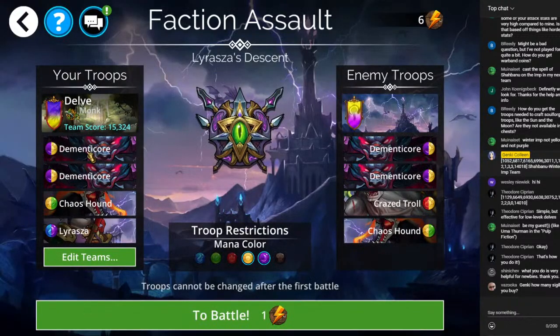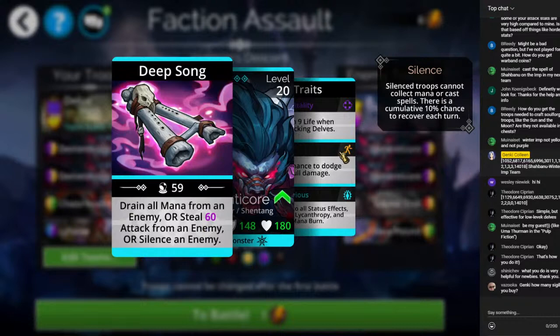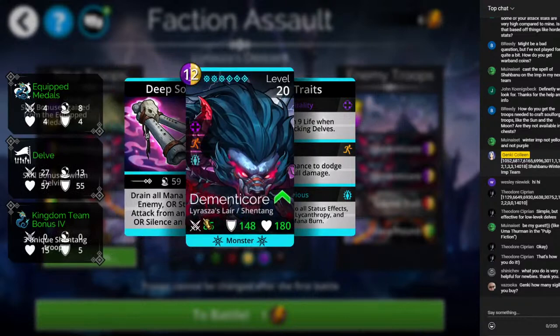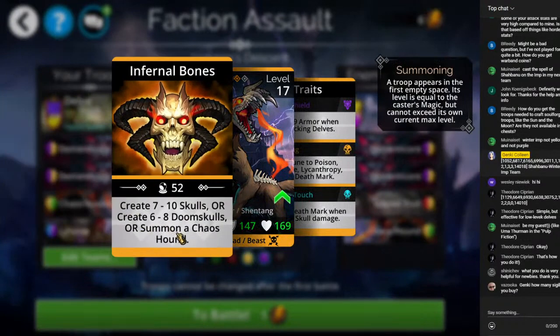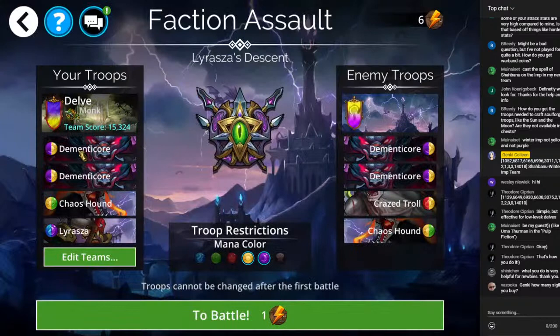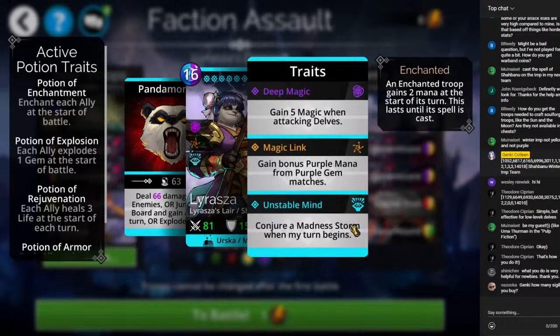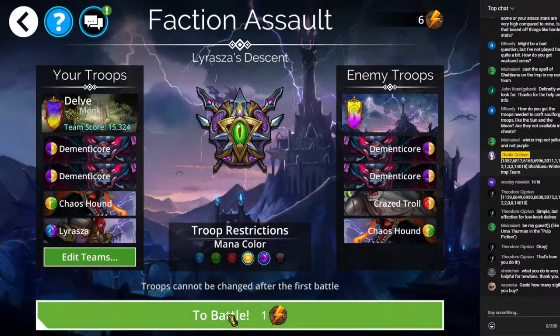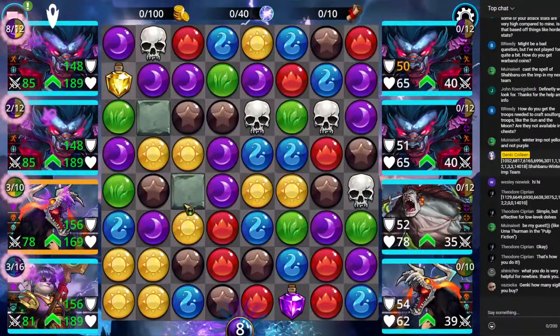Alright, so what I have here, I got this from Tacit, and basically what we want to do is hopefully steal attack from the first enemy so they can't hurt us with skulls, and plus we're going to be increasing our own attack and hopefully wiping them out. The Chaos Hound is not here to cast. It's basically here just in case we lose one of our troops. We can have four troops when we end, so we can hopefully summon and have four troops back in the lineup. And then, of course, Lyrasza, who's going to do one of three things. She also has that Madness Storm, so we're going to have purple and blue coming down, and the bonus purple mana, which is nice. But this should go okay since it's only level 100. But I'm really not very good at Pure Faction, so...